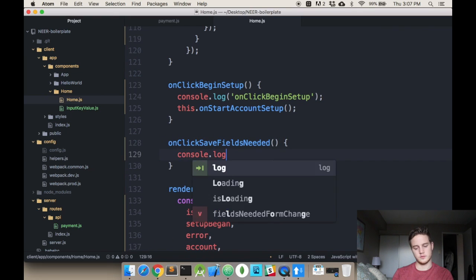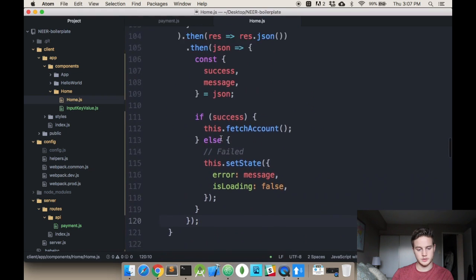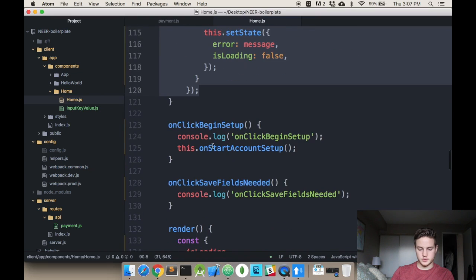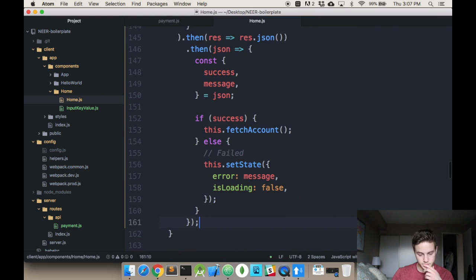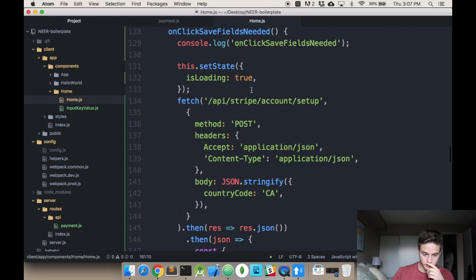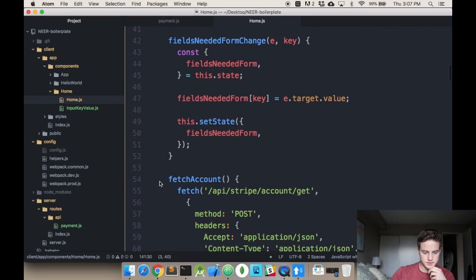and I'm going to call this. And I'm actually going to do something I don't usually do. I'm going to put the server call in the onClick, and so it's going to set isLoading to true, and I'm going to call this API stripe/account save. I'm going to pass. What I'm really using is the